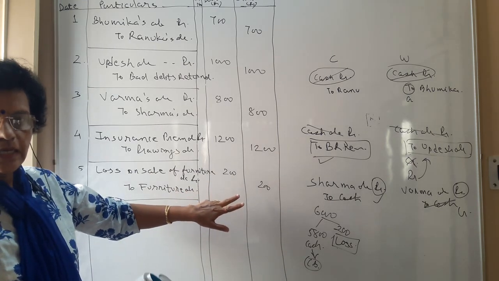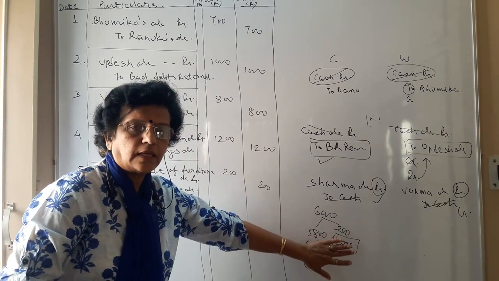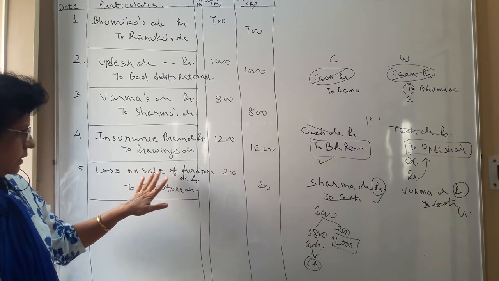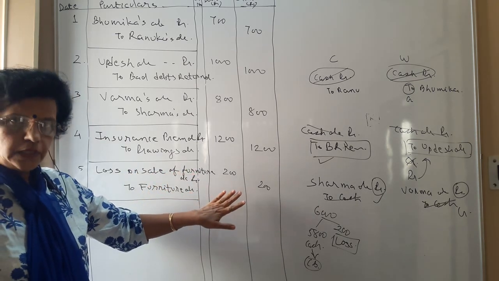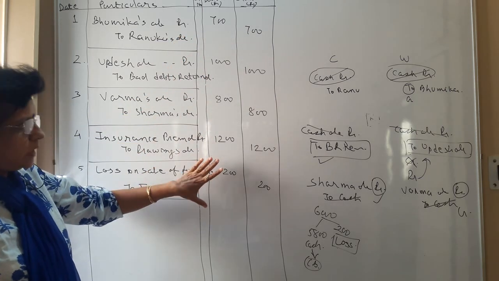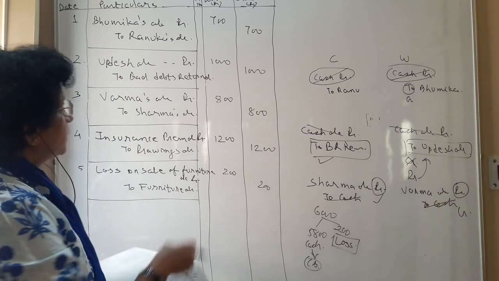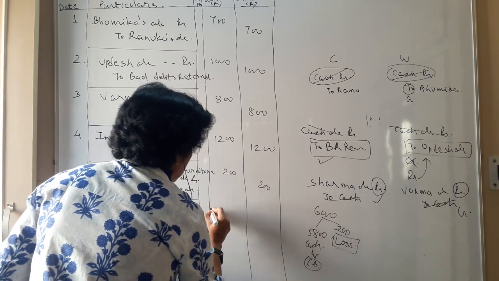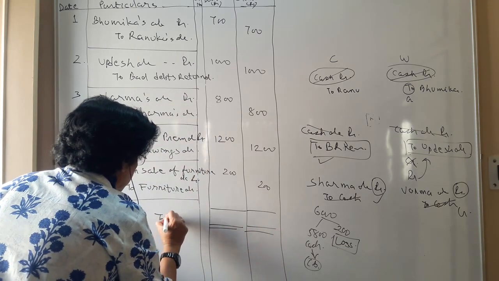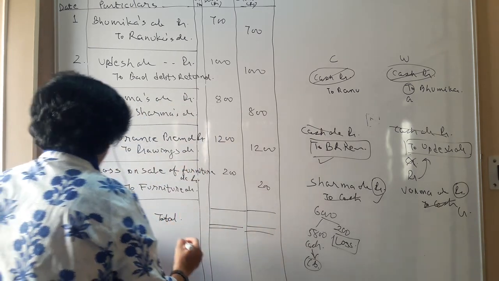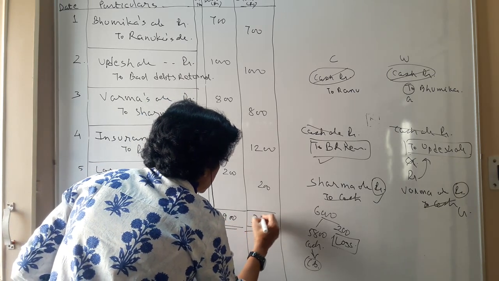Okay, we have not done any rectification. We have done only the portion of loss recording. So being loss on sale of furniture recorded 200 rupees. So in this manner, today we have learned the rectification journal entry portion. Then you can end with the question and find the total. Total is going to be 3,900.